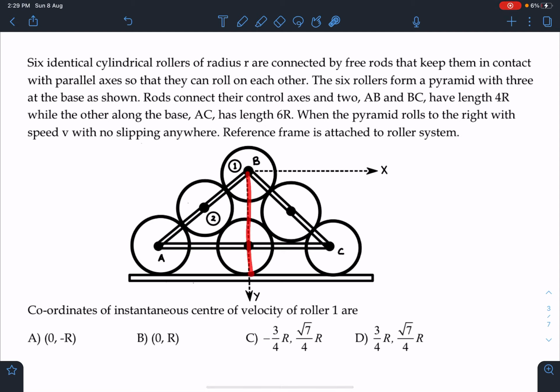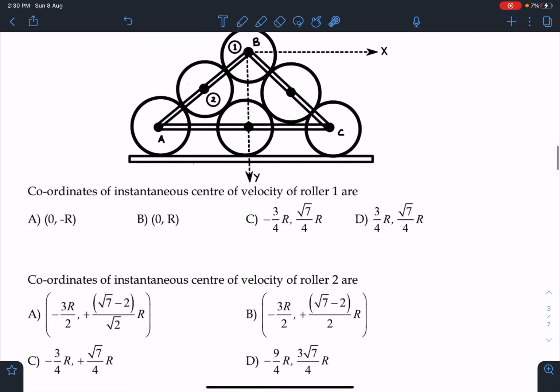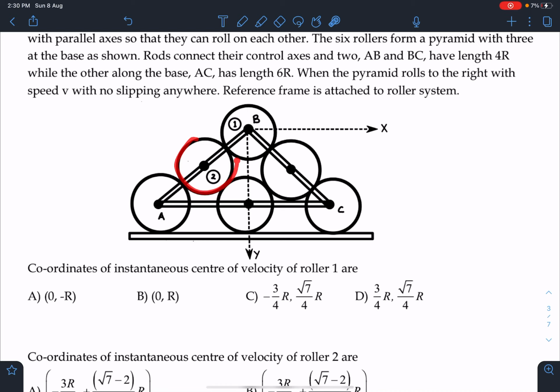and they did not pay attention to this coordinate axis, and they made a mistake in the final solution for writing coordinates. Here, the first part of this problem is the coordinate of the instantaneous center of velocity of roller 1. So this is roller 1. See here, it is the same thing as the instantaneous axis of rotation, so guys, don't get confused here. And the second part is the coordinates of the instantaneous center of velocity of roller 2. So that means we have to find the instantaneous axis of rotation of this roller, and for this roller we can find for other rollers as well, but that will be identical to that, so we'll be finding for these two.